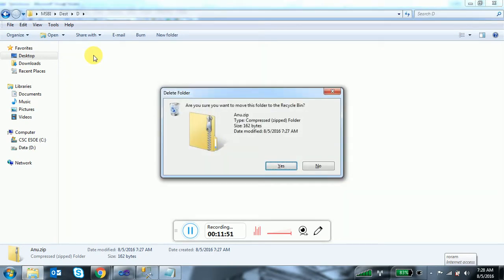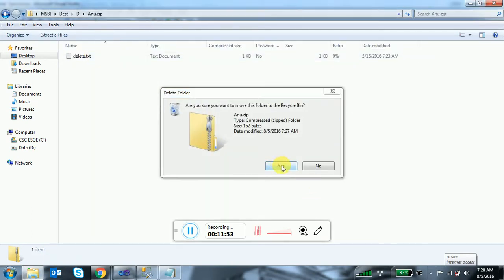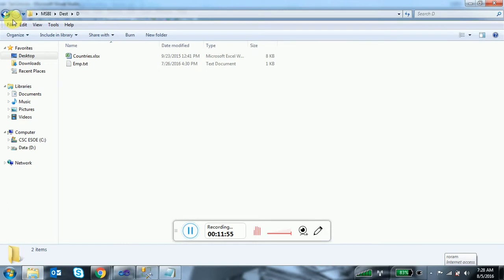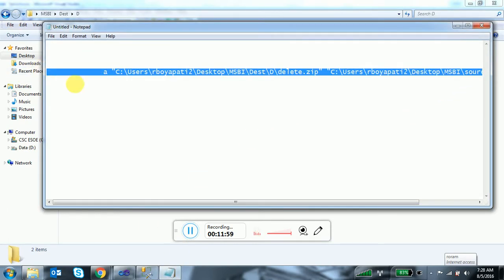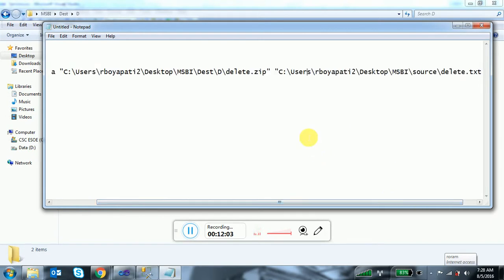You can put any password. So this argument will grab the file from the source location and put it in the destination, and it will also set a password for that file, encrypting it with a password.